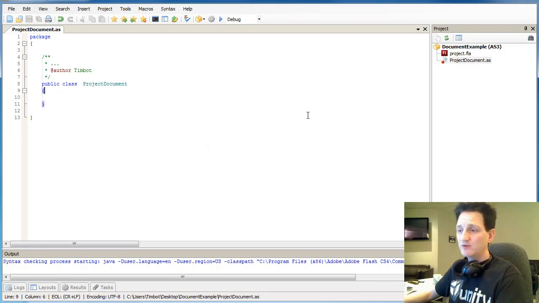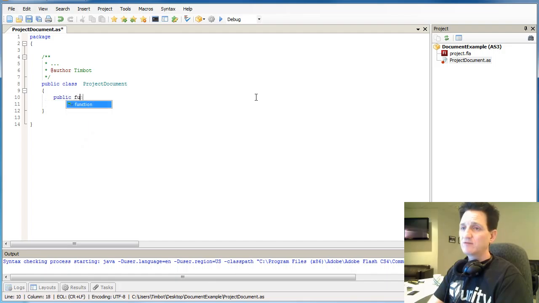In order to start putting some instructions in for Flash, we need our first function. So inside of the class file, a function is a small group of instructions. Let me show you how you're going to type that out. You're going to go after the first curly brace here, hit enter, and you're going to type public function,